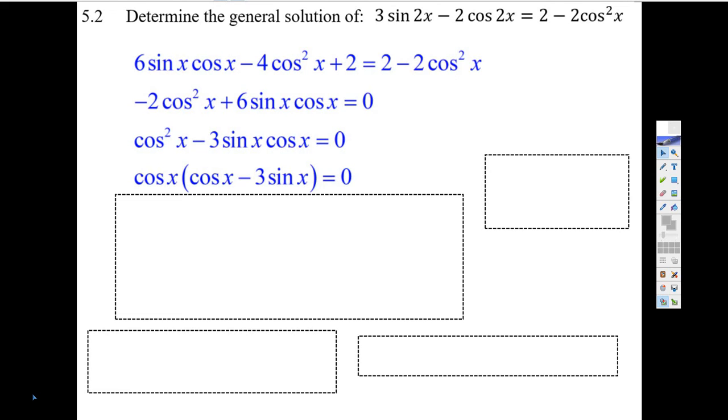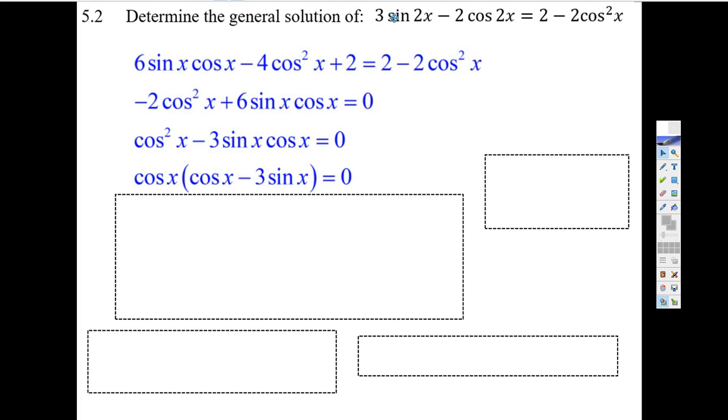Okay, here's question 5.2. Let's just do it here. It says 3 times the sine of 2x minus 2 times the cosine of 2x equals 2 minus cos squared x. We're supposed to find the general solution, which means simplifying it a whole amount and making this 0 on this side. Well, the first thing you know you got to do is sine 2x is equal to 2